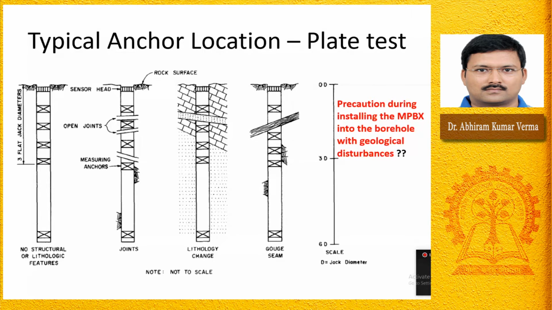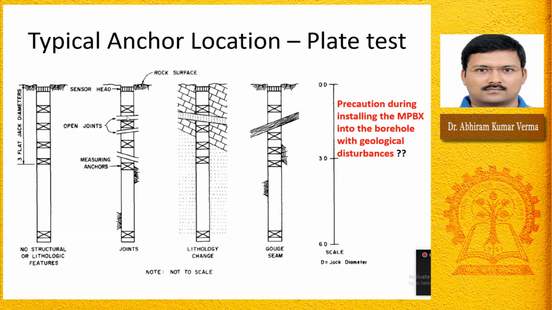But this will not give you an idea about the deformation of the rock mass, right? It will give you a wrong impression, or wrong data, for this type of test. So we have to avoid it. In that situation, to get a clear picture of this joint behavior, we have to have two anchorages together.